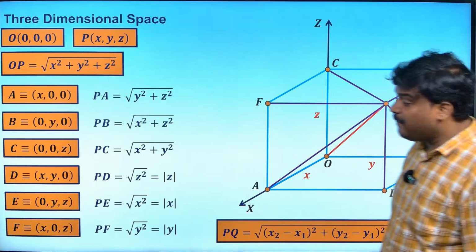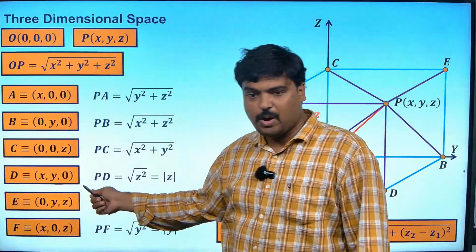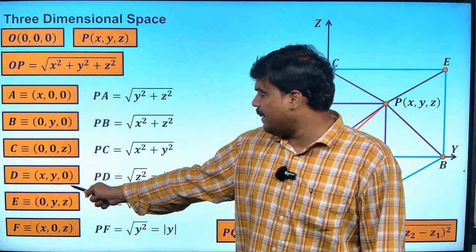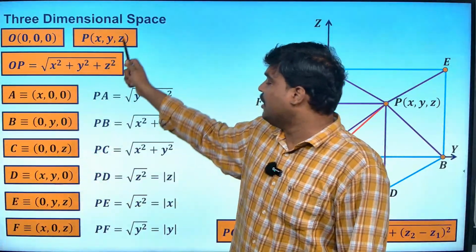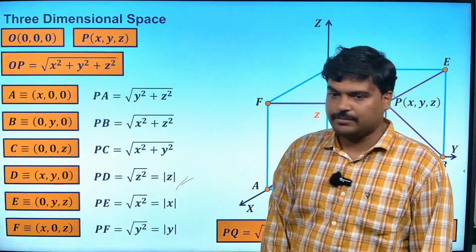Yes, if it is on a plane. See, what is this? x, y, 0. What does it mean? It is lying on the xy plane. Correct? It lies on the xy plane. What will the distance be? x minus x0, y minus y0, z minus 0, the z square root cancels. So modulus of